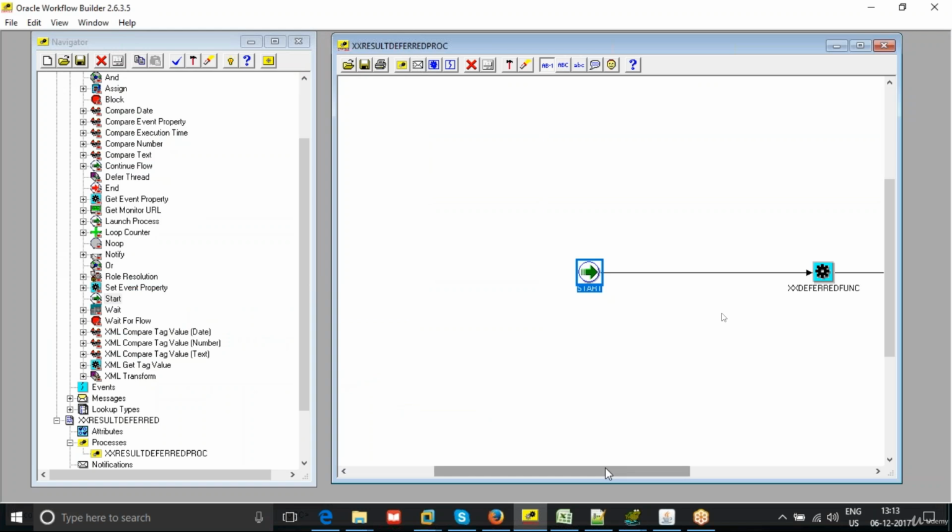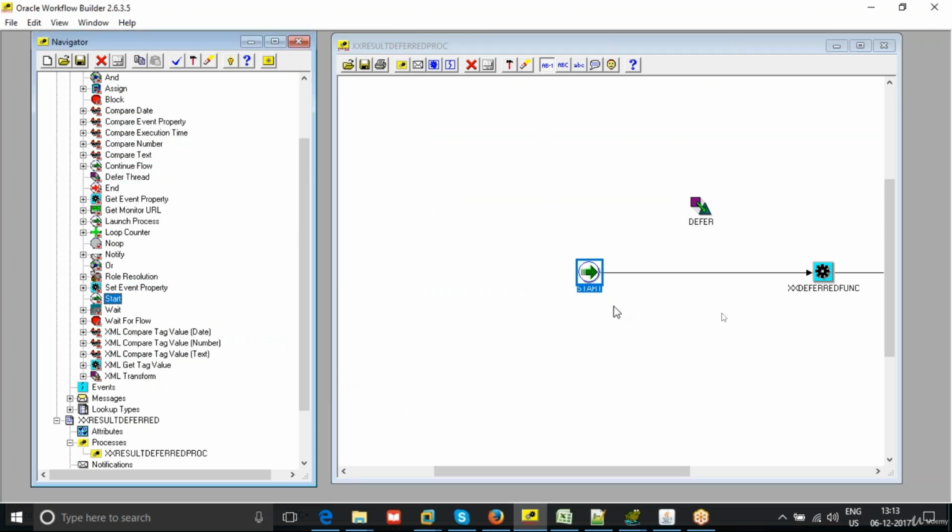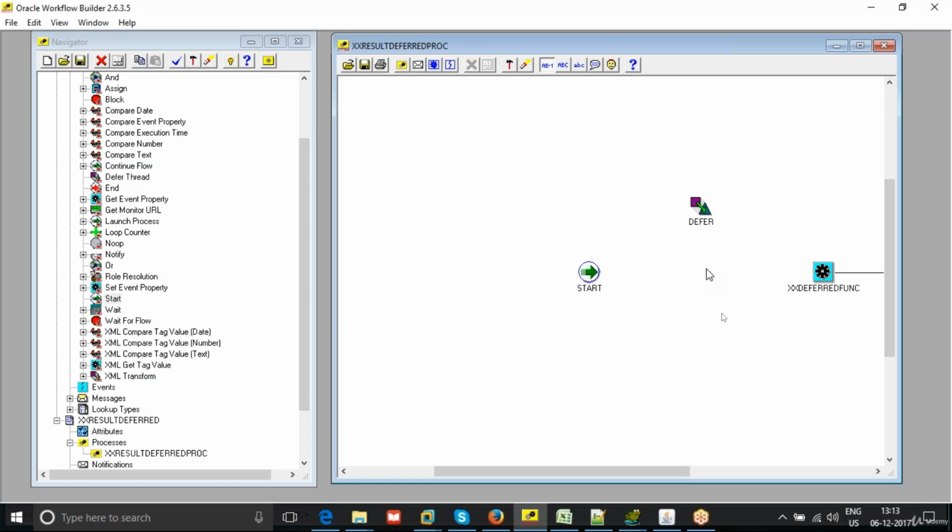That is my requirement. How can you defer it? Take your defer function from the standard one. Just attach like this. That's it. What this particular defer function will give you is the cost of the workflow, the cost of this particular deferred one